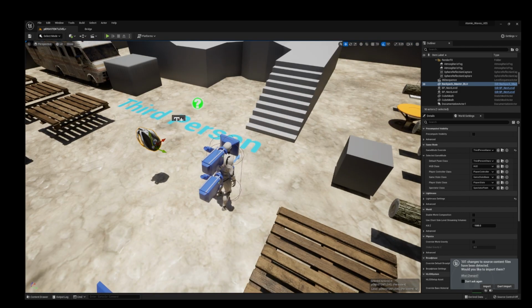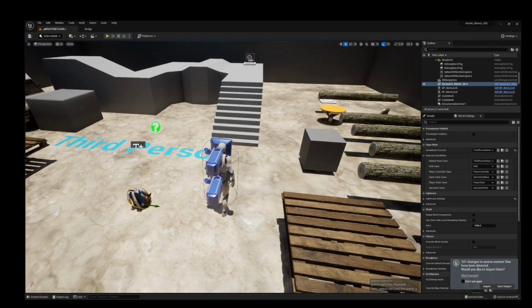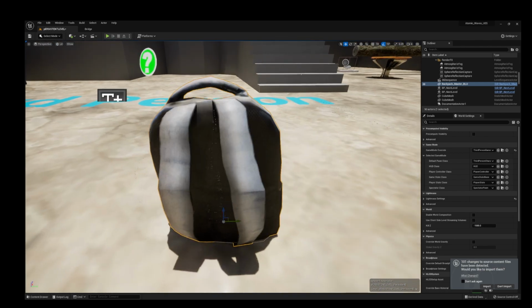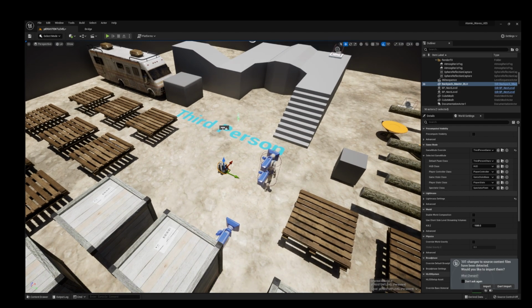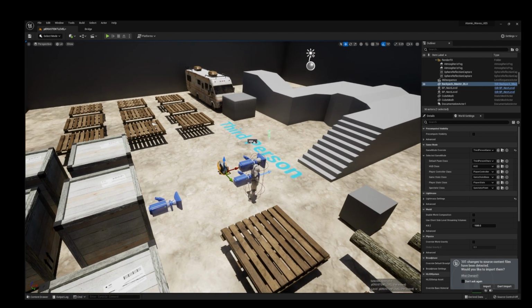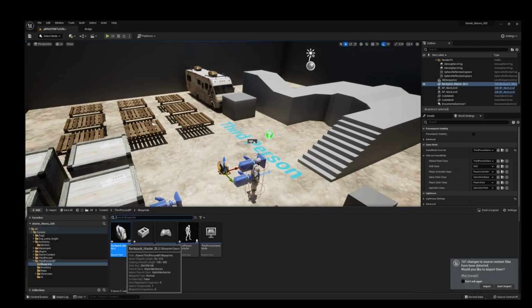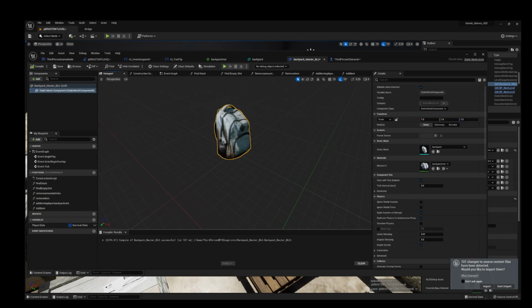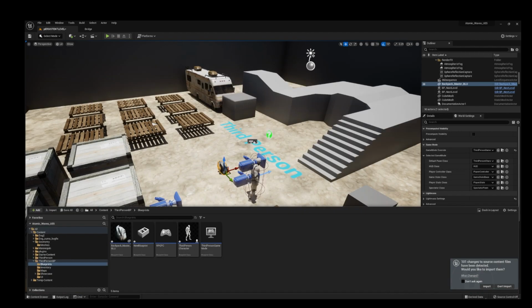So if you're asking, well, why isn't my backpack that small? If the backpack, let's say, is super large, as big as that RV over there, you're then gonna go back to your content drawer, go over to Backpack Master Blue, reopen it, and start scaling. You're gonna scale down until you have the right size scale that matches your character. Okay, now if you need to take a moment to scale your backpack, get it to the right size you want it to, go ahead, pause this video, and do that. Because right now, we're gonna move on. Okay, here we go. Moving on.